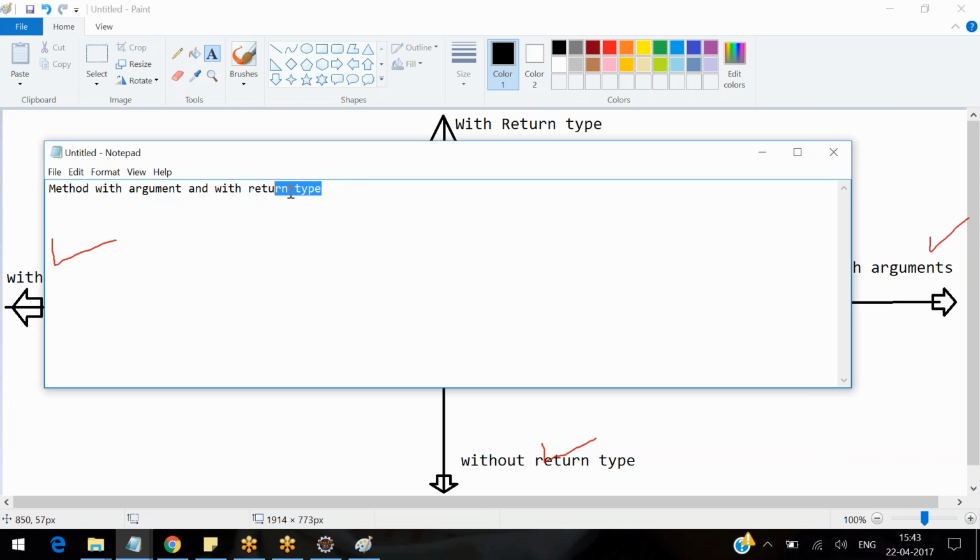A method with argument and with return type. This is one kind of method, guys. The second type of method is method with argument without return type. The third thing is